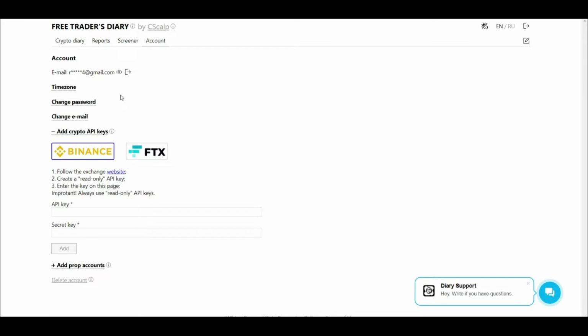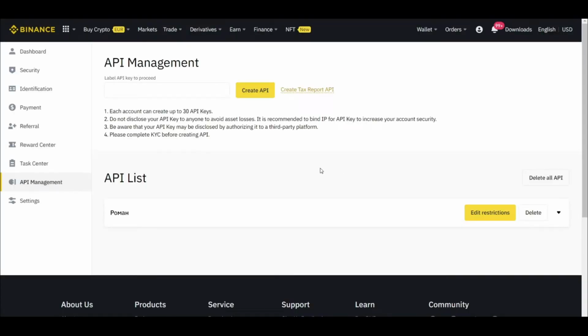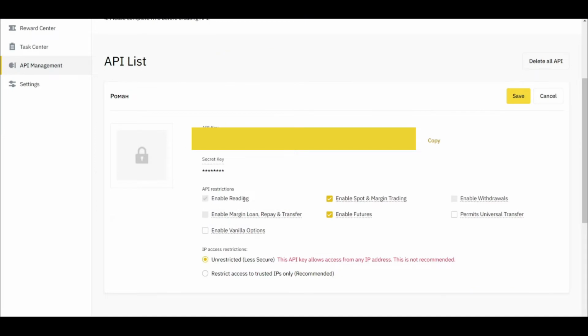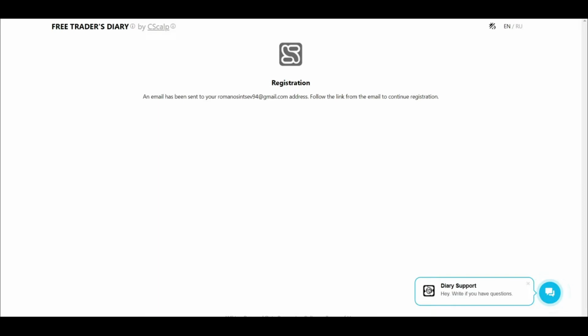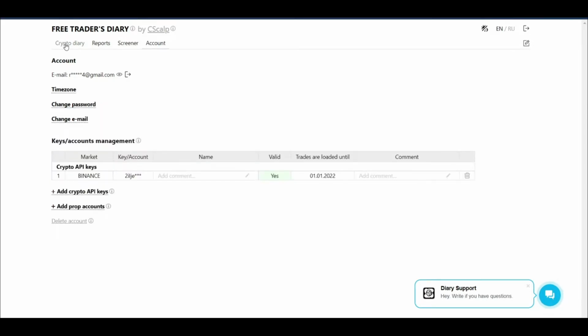Here in settings, we should add our API keys from the API management section of the exchange you are using, Binance or FTX. Let's use Binance API as an example. Let's visit Binance. Here in the API management section, we should enable reading and copy the API key and secret key to these forms correspondingly. Now we tap here to the crypto diary